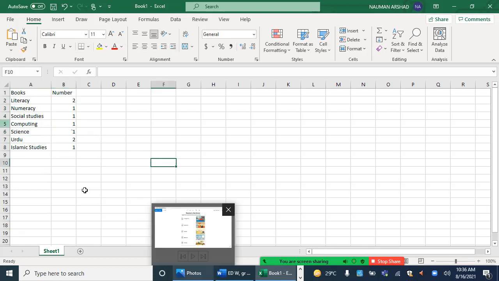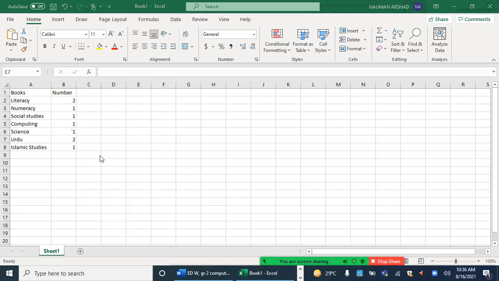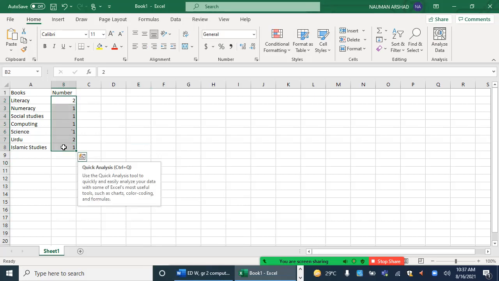Now see, I have made a list of this. Now the next step that I want is, I want the computer to add these numbers for me and tell me how many books I have in total, right? So in order to do that, all the cells in which numbers have been written, I will select all of them, right?